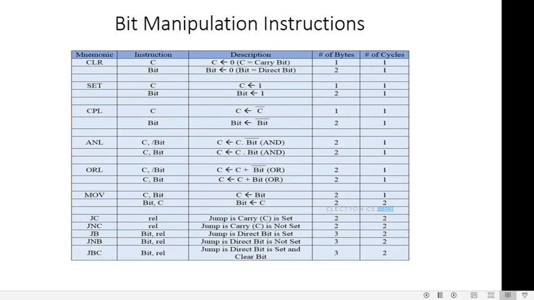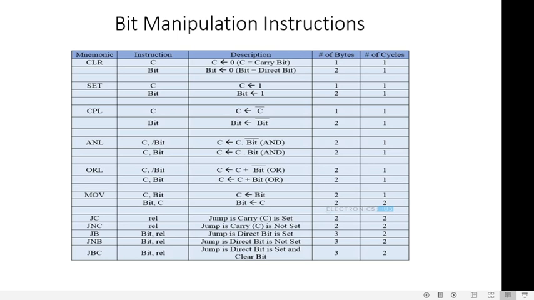Only one. When we talk about JC, jump if carry, that means if the carry flag is set, that means 1, jump to the specified location. So this is actually a conditional jump instruction which also performs bit operations. Same thing for JNC, jump if no carry.